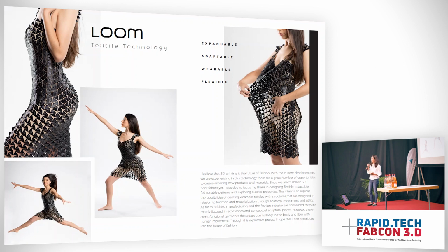Italy was amazing, and I got to see a lot of textile conventions and fashion shows, everything. And I was surprised to not see 3D printed experiments within these fashion textile conventions, especially seeing how Iris Van Herpen and all these haute couture, amazing fashion designers have things on the runway. But anyway, part of me really just wanted to wear a 3D printed garment, and something that I noticed in my research was that there was a lot of sculptural pieces, not necessarily adaptable garments, and also a lot of